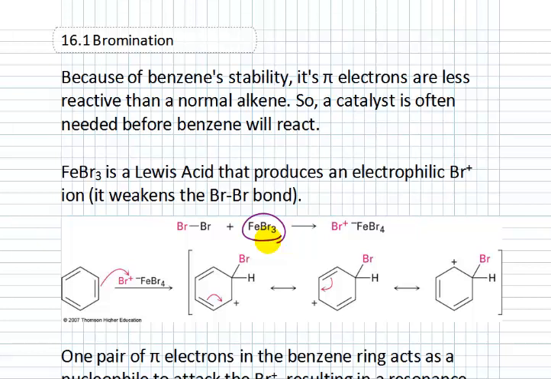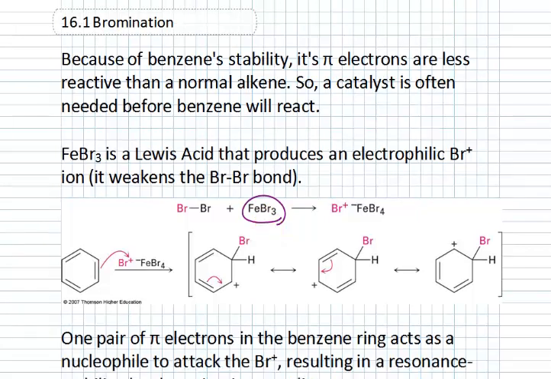So FeBr3, it's a Lewis acid. So that means it has a pretty strong partial positive charge to it. If I have an iron with 3 bromines attached, those 3 bromines inductively pull electron density out of that iron, leaving that iron pretty significantly partial positive. It's a Lewis acid. So if I have something like Br2, what can happen is that